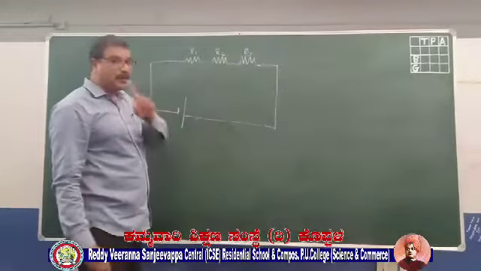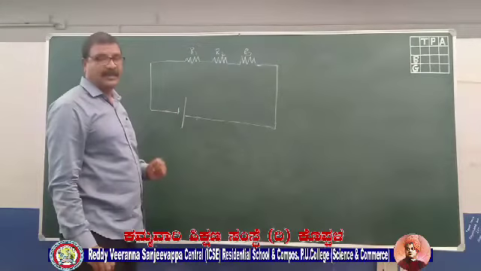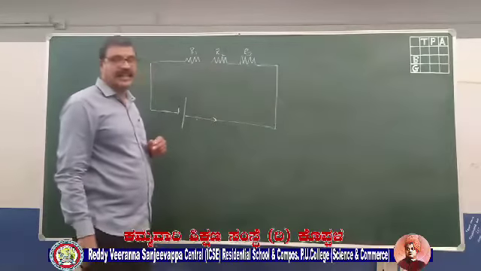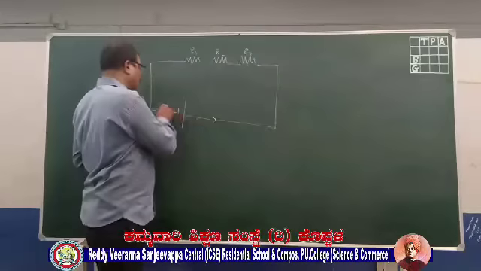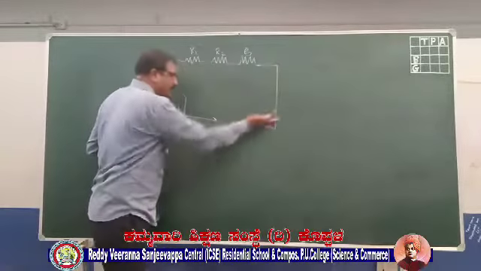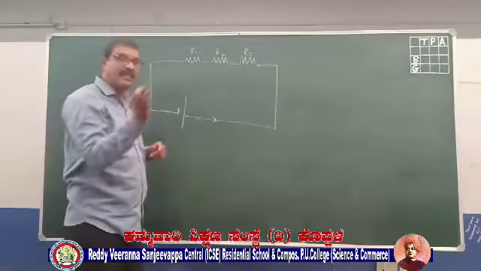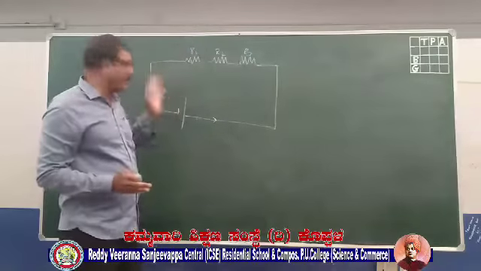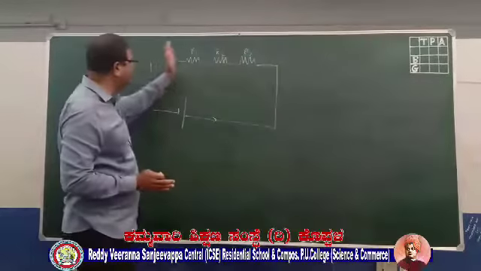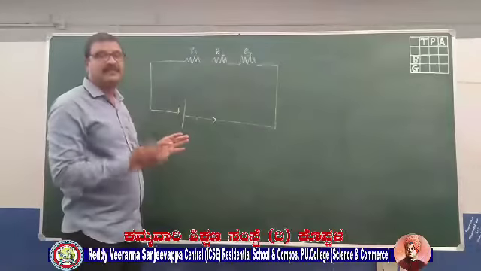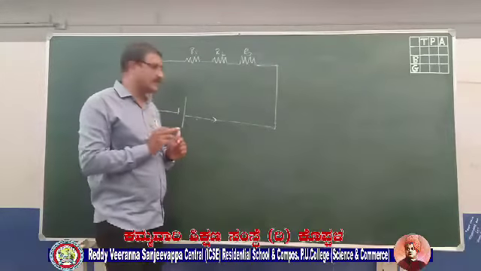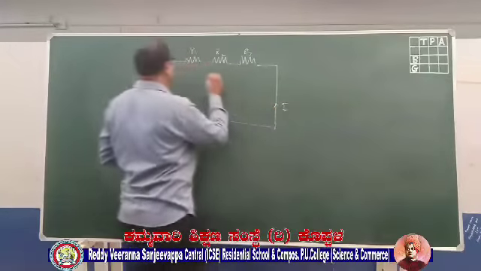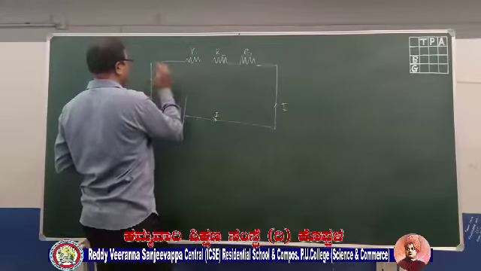As I already told you about the direction of current, if you remember, we should always take the direction of current in the direction of positive charges. If the electrons are moving in this direction, then the direction of current will be in the opposite direction. Electrons are negative charges, and it is the electron that moves in a conductor. But by convention, we take the direction of positive charges. Therefore, the direction of current will be in this direction. So let me mark it I here, and the current I will be coming out here.